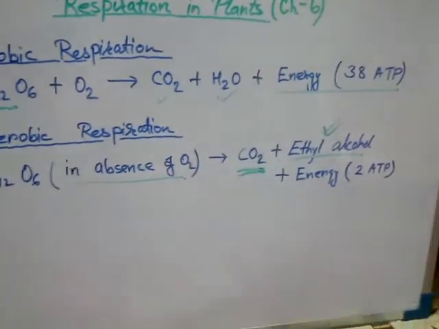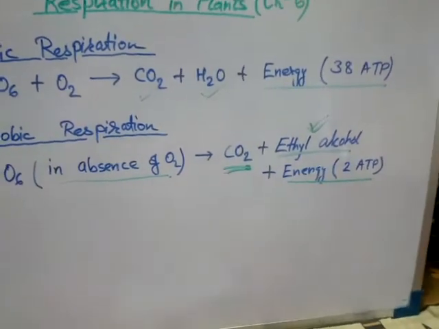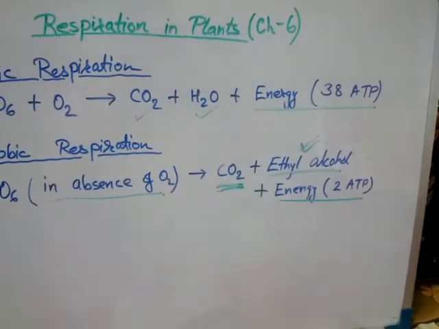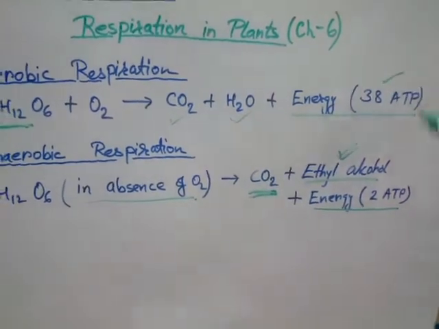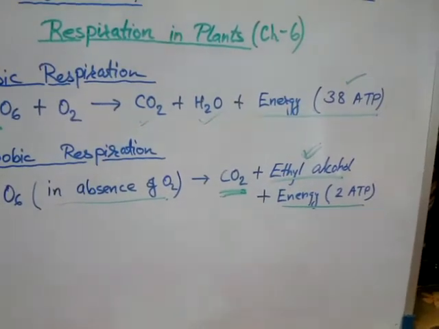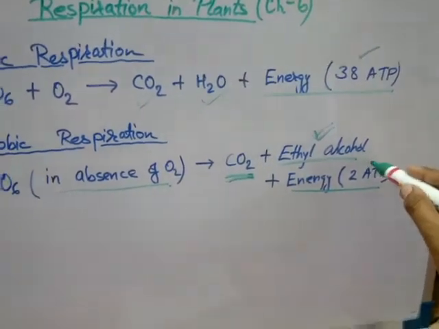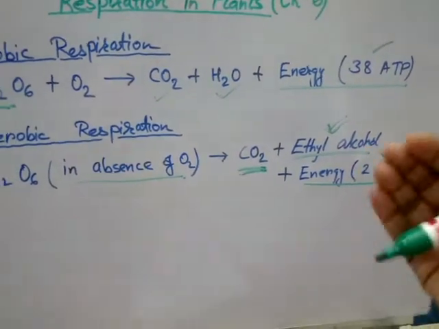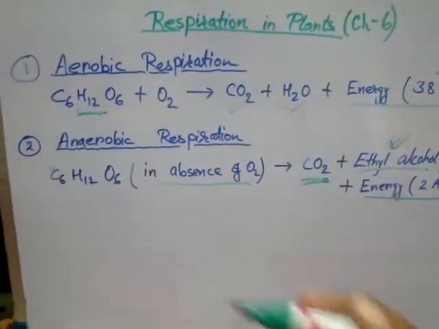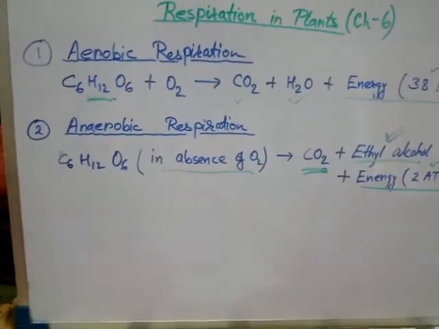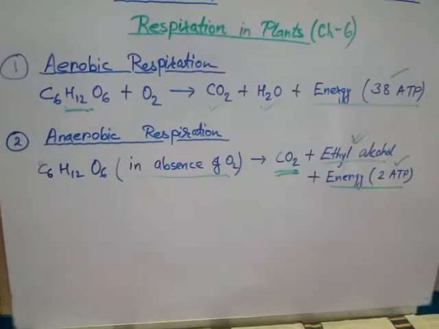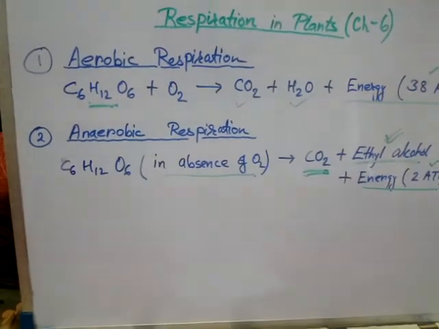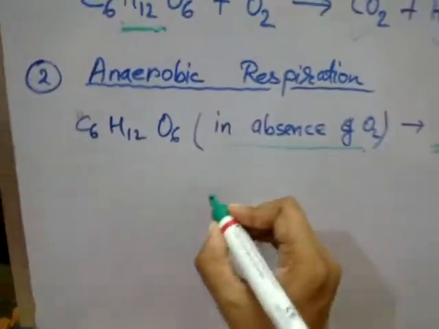Another thing is that the energy released in this process is comparatively less compared to that of aerobic respiration. Here you see it is 38 molecules of ATP with the breakdown of one molecule of glucose, and here only 2 molecules of ATP, adenosine triphosphate, are released by the breakdown of one molecule of glucose. So children, these are the main differences. I hope you have understood what aerobic respiration and anaerobic respiration are. And another important thing is